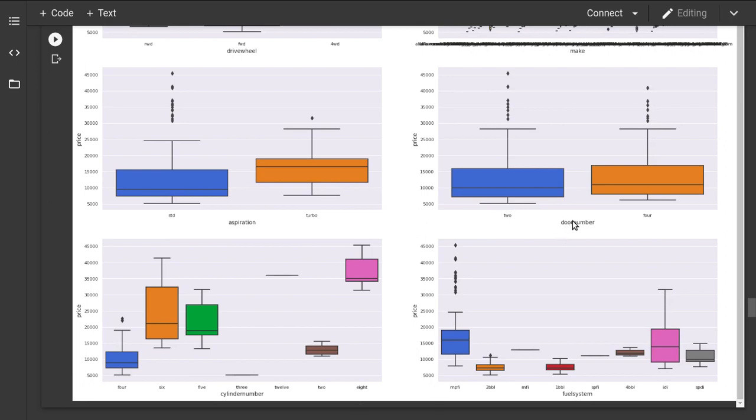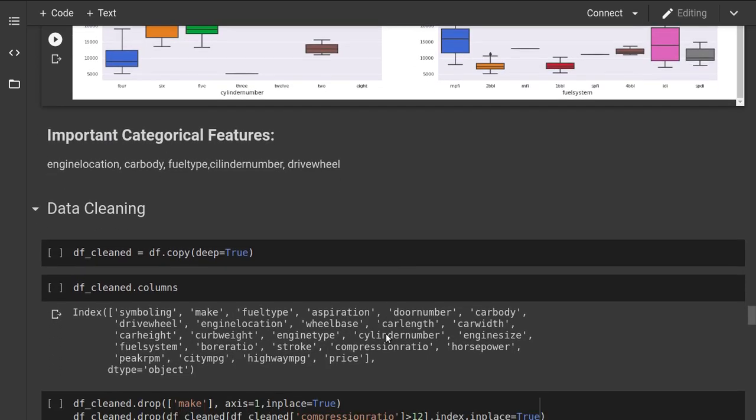Then door number, it has the same distribution for 2 and 4 door number cars. So these won't be useful for us for the prediction. Okay, so let's move on.